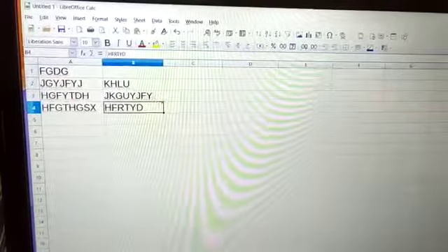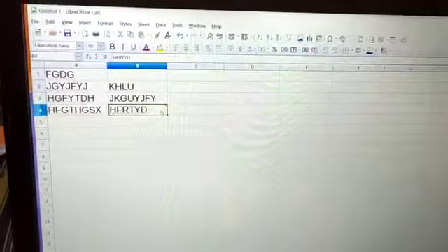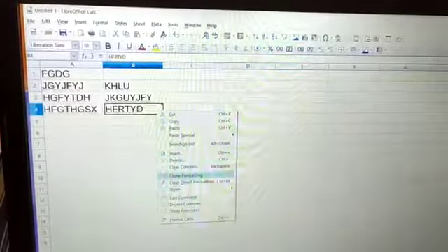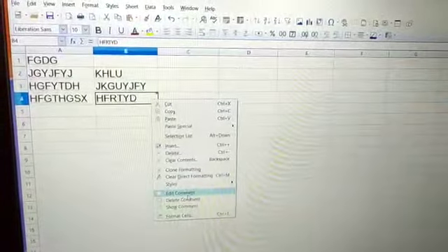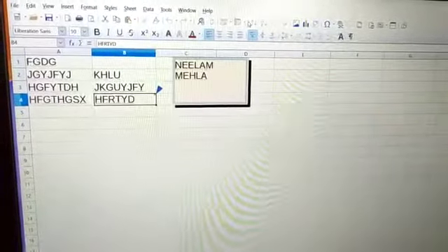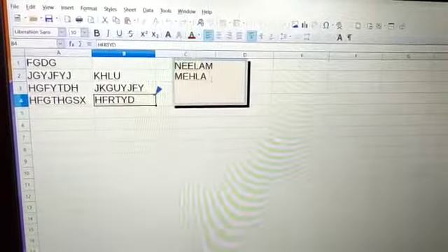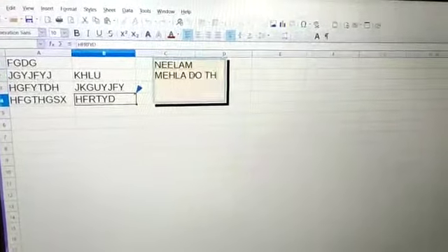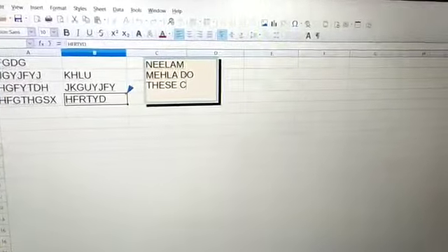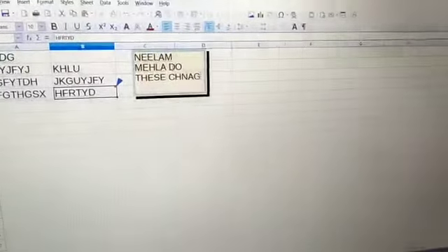Now next point is edit comment. Suppose that I also want to write down the date in this comment. Then there you will just right click, there you will find the option edit comment. Click on edit comment. Mouse cursor is here and I write some more things here.